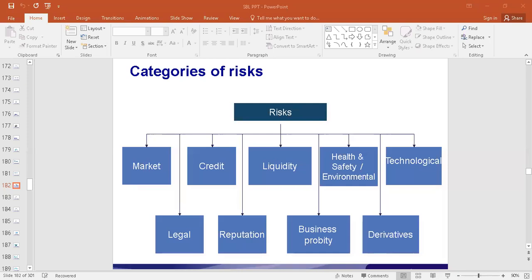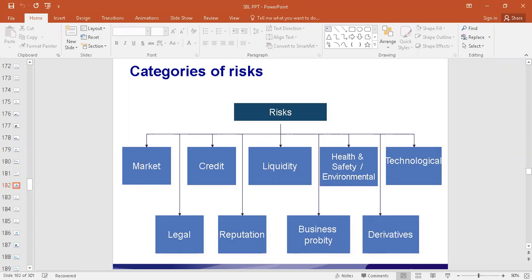See, if it is connected to the ethical values of the business, and if it is felt that they are not ethically sound, if the organization is not honest with certain aspects of it, and if that has an impact on the business, that can be referred to as business probity.